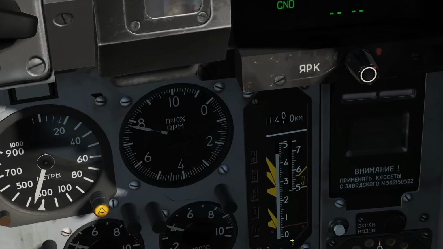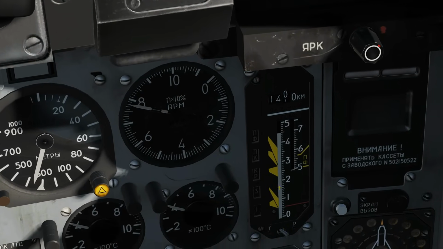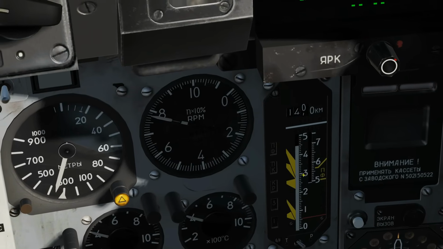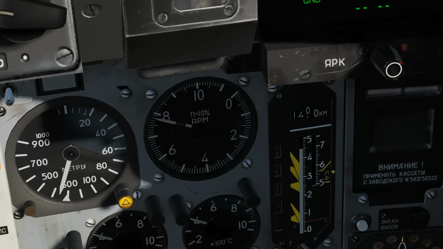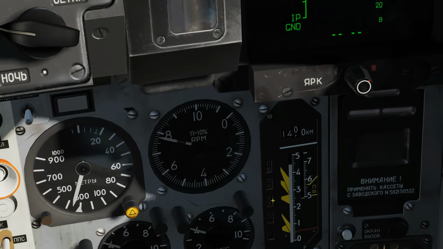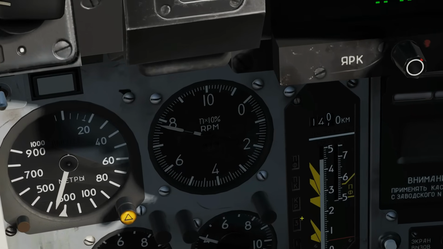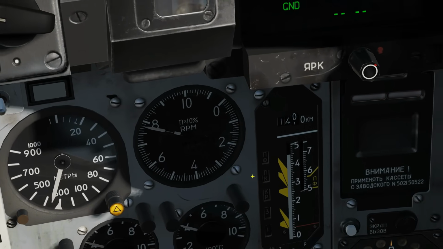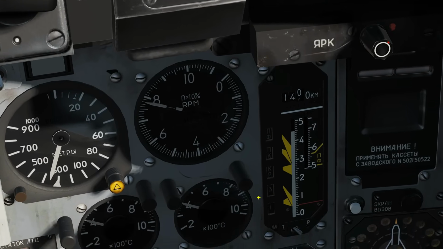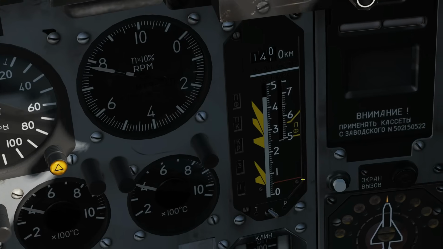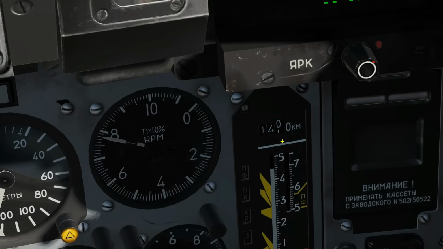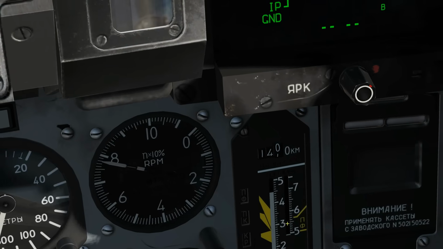Fuel gauge. So we've got a gauge that goes upwards from 0 all the way to 7. We're currently at 4,500 kilograms. If we had extra fuel tanks, then it would go up all the way to 7 or nearabouts. These here reflect the different tanks that are in the aircraft. You've got central tank, wing tank, aft tank. I'm not sure exactly what they are because I don't speak Russian, but when a certain tank is empty, you will get a light on in the corresponding light. The bingo fuel line is the red line there, so when you get down below bingo, you'll get your bingo warning. Here is your current flight time, so at the current settings, with everything as it is, you can fly